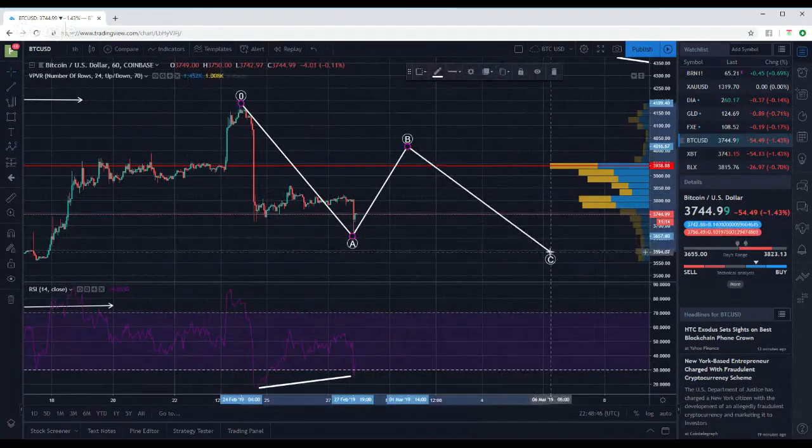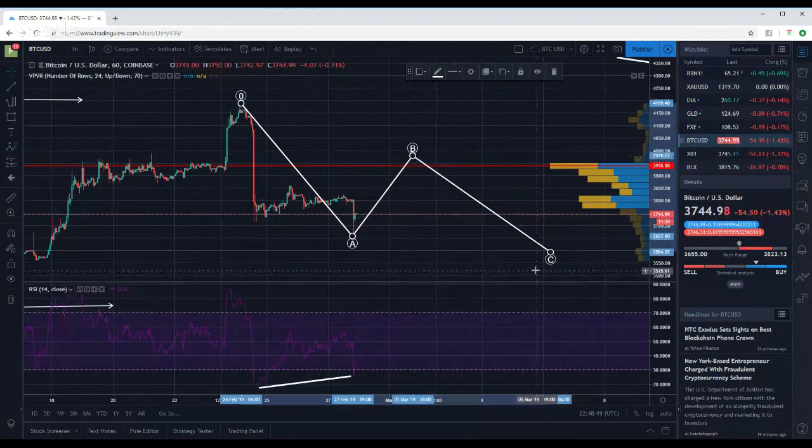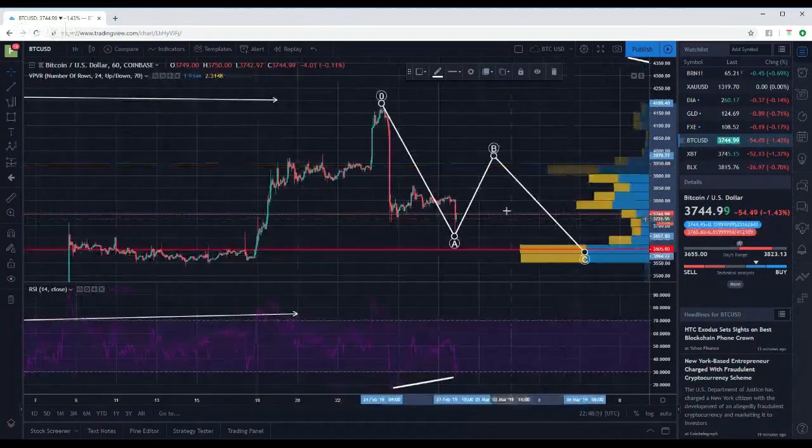And if this plays out like this, this is a bullish count, where we push up, then come back down and put in a lower low,